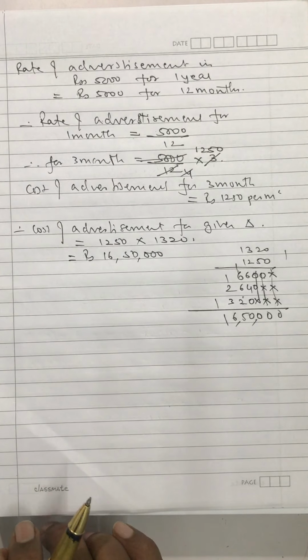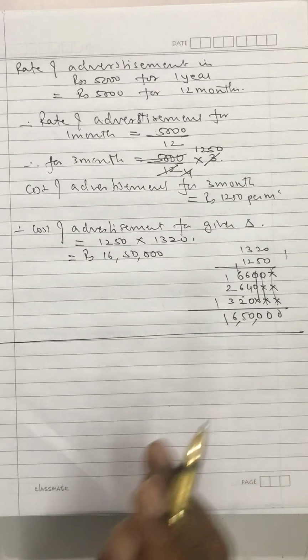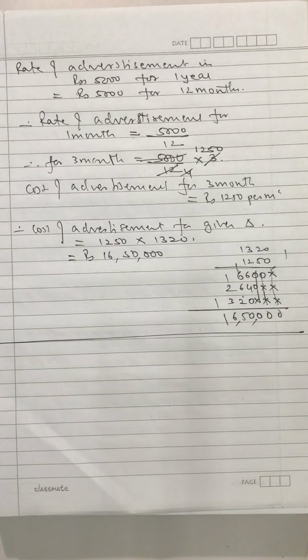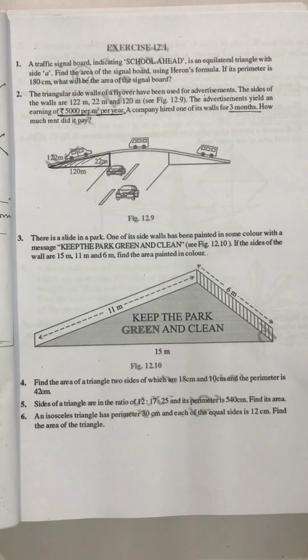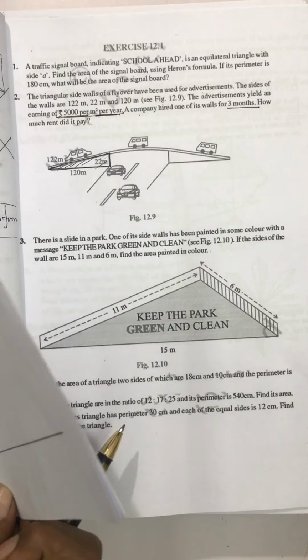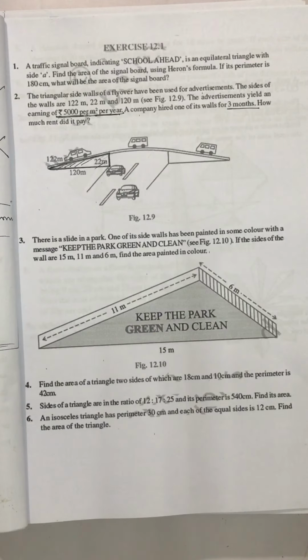for 3 months. So my dear students, this is how you will be charged 16 lakh 50,000 for 3 months if you are going to advertise on that flyover near your house. So in this way we have finished the first exercise 12.1. I hope you have understood why I went not in the proper sequence. I changed the sequence because I wanted you to go in the typical fashion.